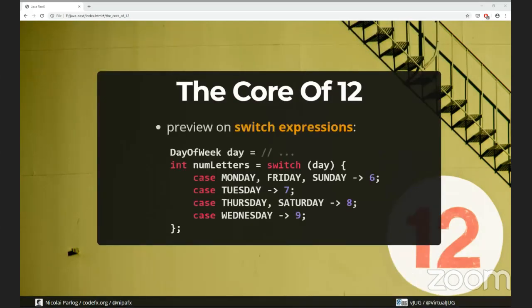What's the core of Java 12? I would claim it's switch expressions. It's a preview feature only, but you can now use switch as an expression. And we're going to go into this a little bit because we're going to see it again later when we talk about pattern matching in the future. So what you can see on switch here is 2 things. The first thing is that the whole switch thing apparently gets a value, right? You see switch day and then the curly braces, and no matter what happens,